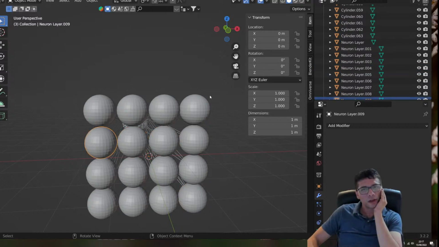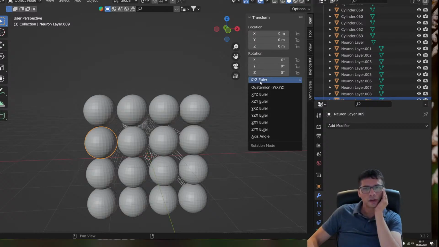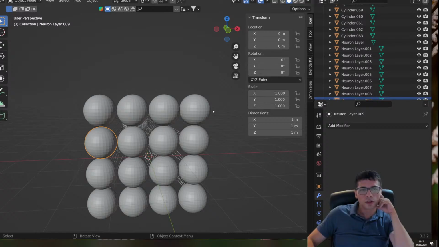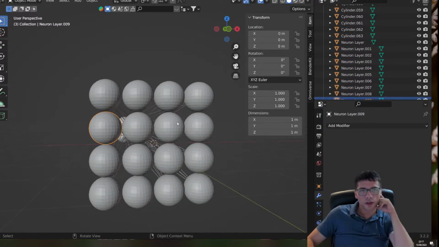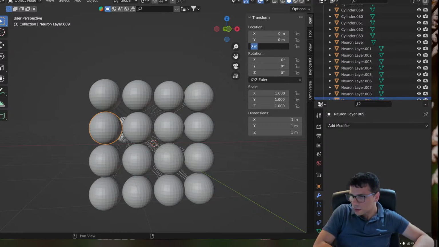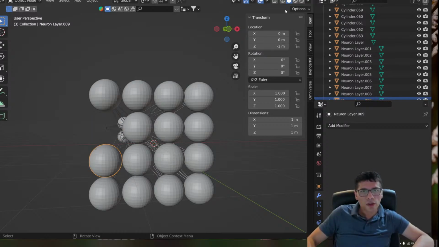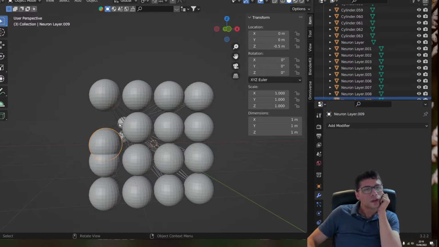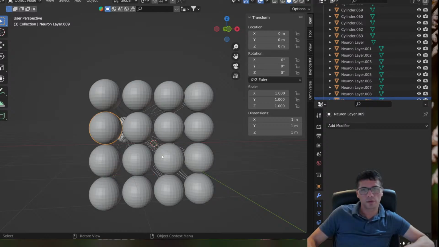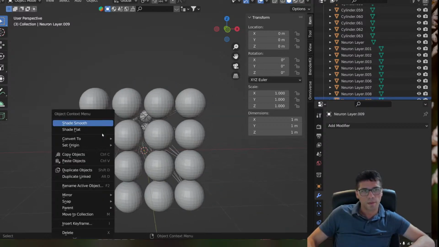I guess these are like relative coordinates? So the center should be here, -1, -0.5. Okay, so this is all relative. I probably won't mess around too much with this. Maybe I can just do,